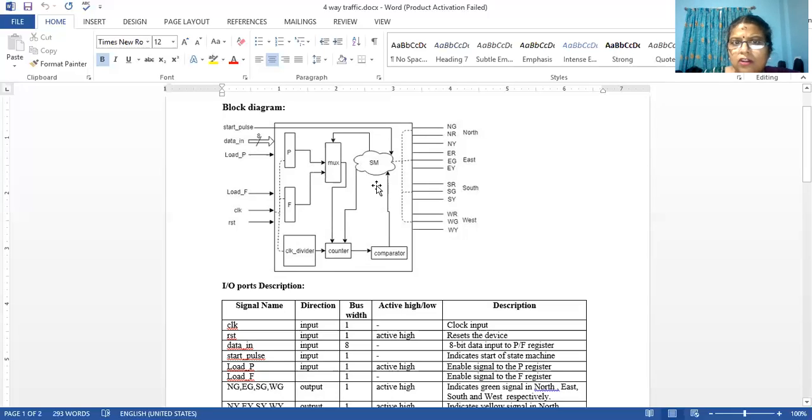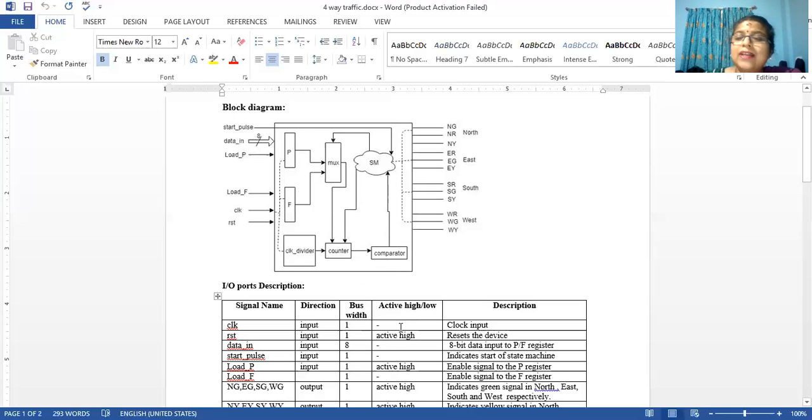The signals coming to the counter and going out of the counter are internal signals, so you may have to declare internal signals inside as well. Sometimes the reset has to take care of those internal signals too. So a reset is a signal given to a block to make the outputs or the internal signals start from a known state.